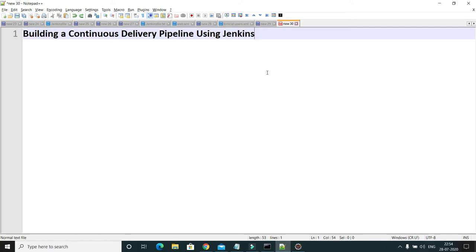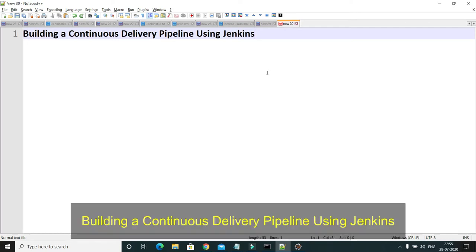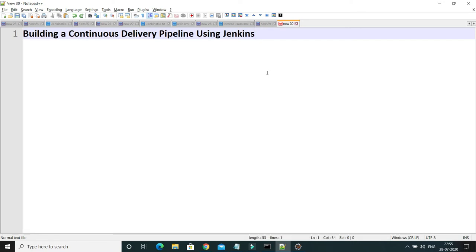So guys, as you know, when you work in the software industry, and when you use Jenkins for continuous delivery, I mean as a CI/CD tool, meaning continuous integration and continuous delivery tool, then you may have several jobs. One job you can define for the build, second for deploy, third for test, and fourth for release, right? And these are the jobs you can interlink with each other as a continuous delivery pipeline in Jenkins.